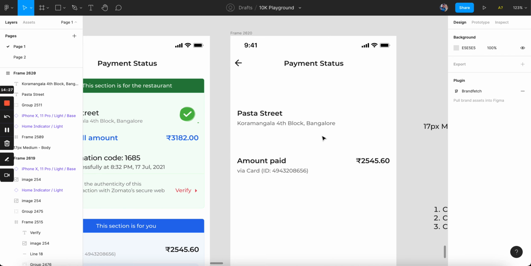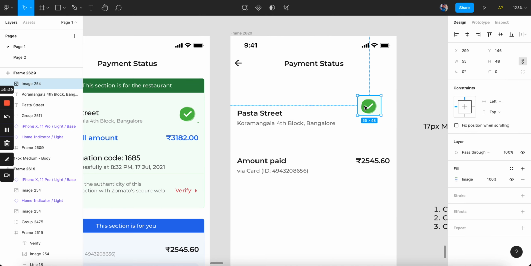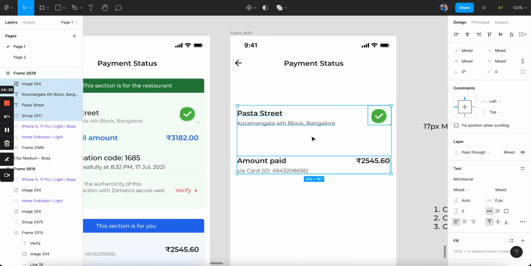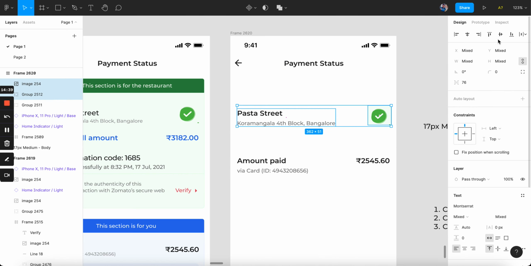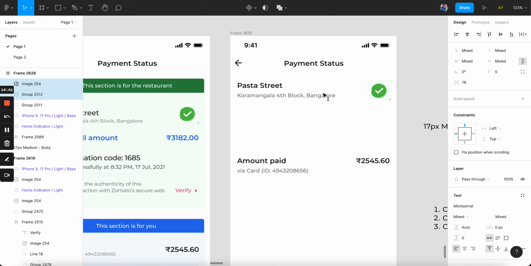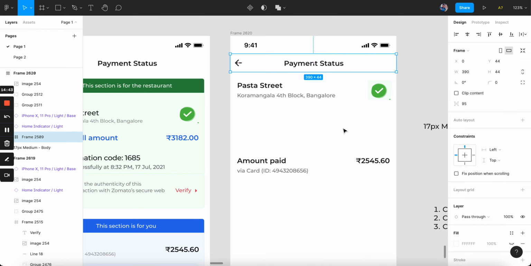Now, let's say obviously we have this icon as well, which is this check icon. Now, if I bring this to the side, let me actually put them together. So let me group these two together. All right, and then I'm going to bring them over here. And the other thing I'm going to do is I just want to add like this simple divider